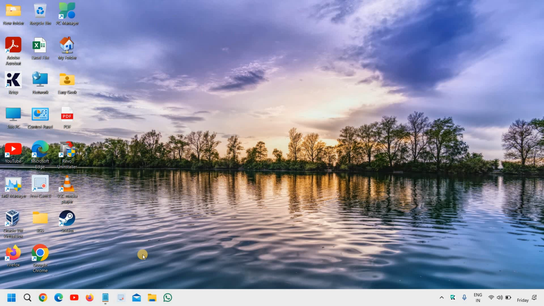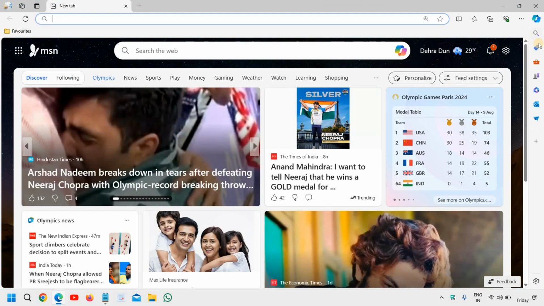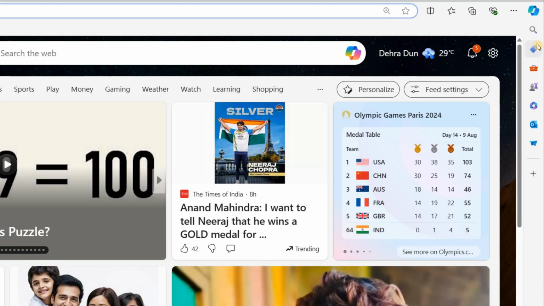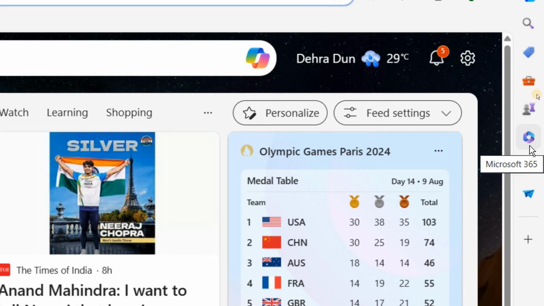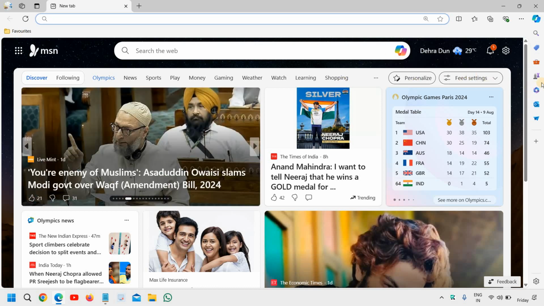Learn how to add or remove apps on the sidebar in Microsoft Edge. So I will open Microsoft Edge, and at the top right corner you will see apps like Microsoft Office 365, Outlook, and Drop. There are so many things which you can do from here itself, and you do not have to switch to